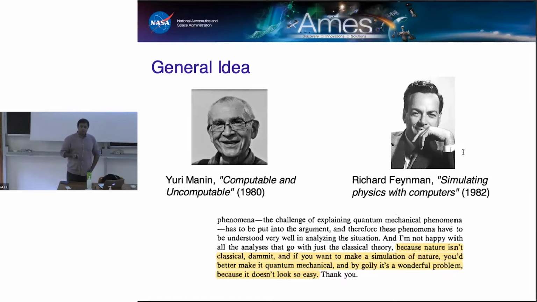And so what they proposed is that one ought to instead use so-called quantum computers, or quantum mechanical devices that you could control and program and manipulate in such a manner that they can mimic or simulate the dynamics of other quantum mechanical systems of interest, such as those that might appear in high energy physics or condensed matter systems and so forth. So you have this rather famous quote by Feynman that if you want to make a simulation of nature, then you better make it quantum mechanical because nature itself is quantum mechanical.